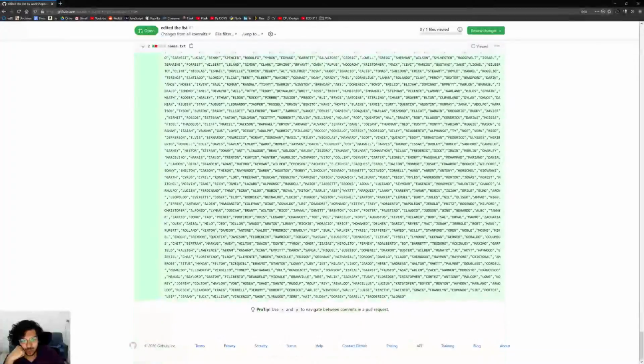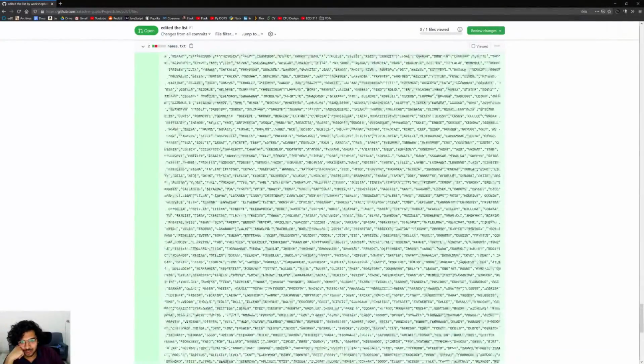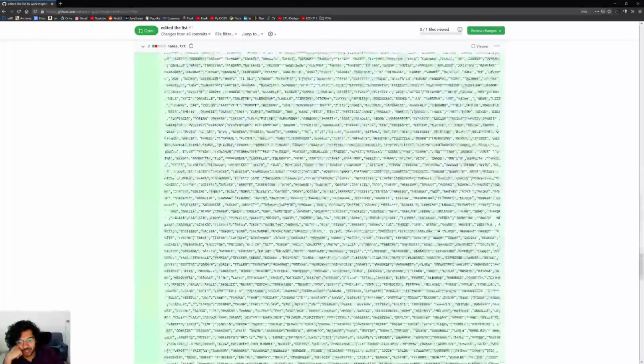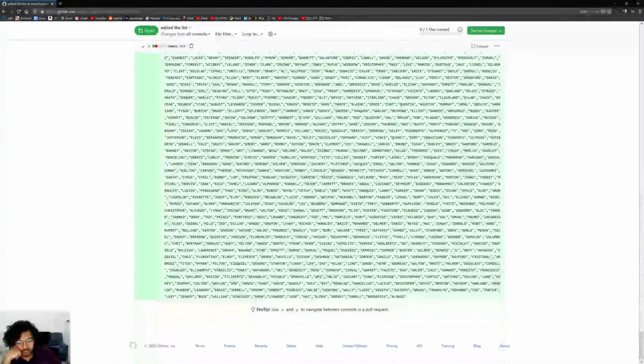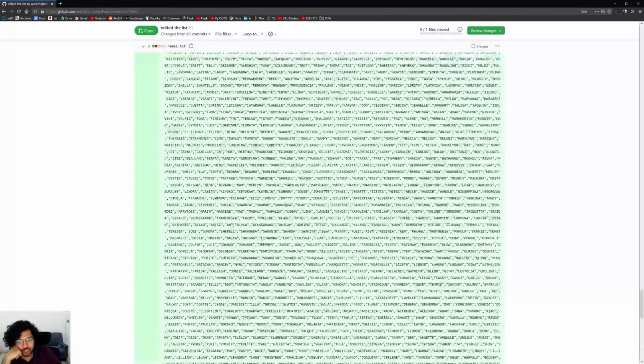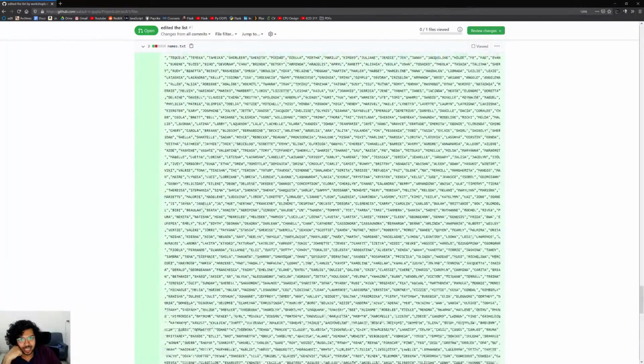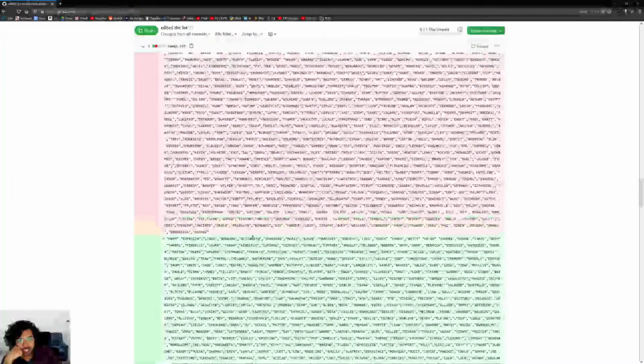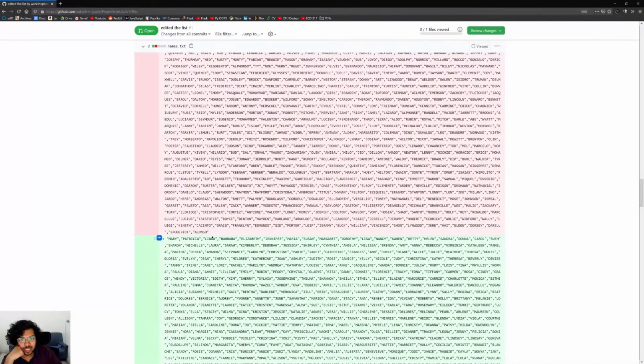So it's sort of difficult to see the changes here, but I can explain. It's showing the whole list again because it doesn't have separate lines. It's just one large file. The problem is it keeps track of changes line by line, so if you change one line, it will keep track of that line. The problem with this file is it's one large file with commas. Okay, it's a CSV file.